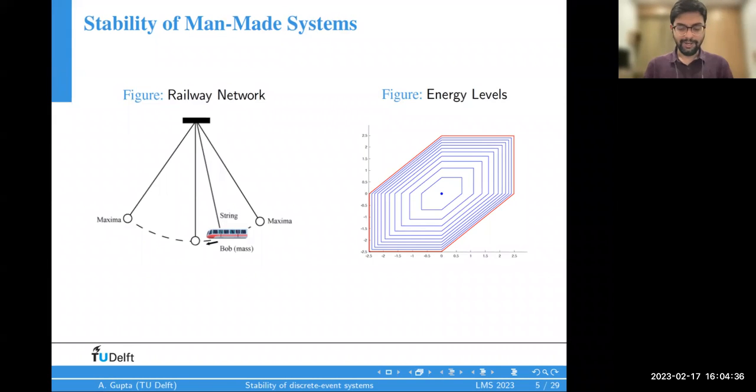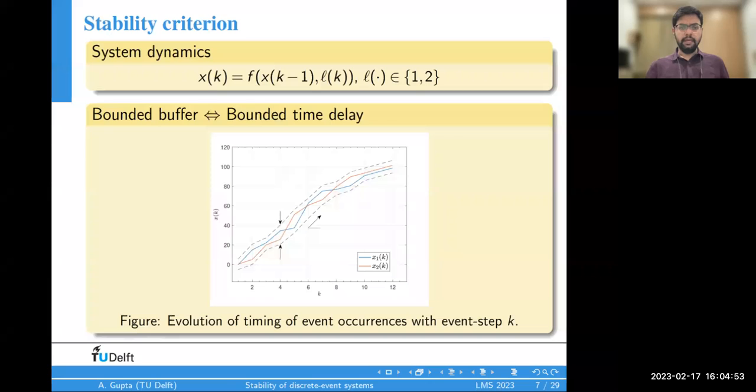Okay, so this is all example. This is mainly the motivation of my study. And from now on, I'll dig deeper into the mathematics of all of this. So to begin with, we define the system dynamics as a difference equation.